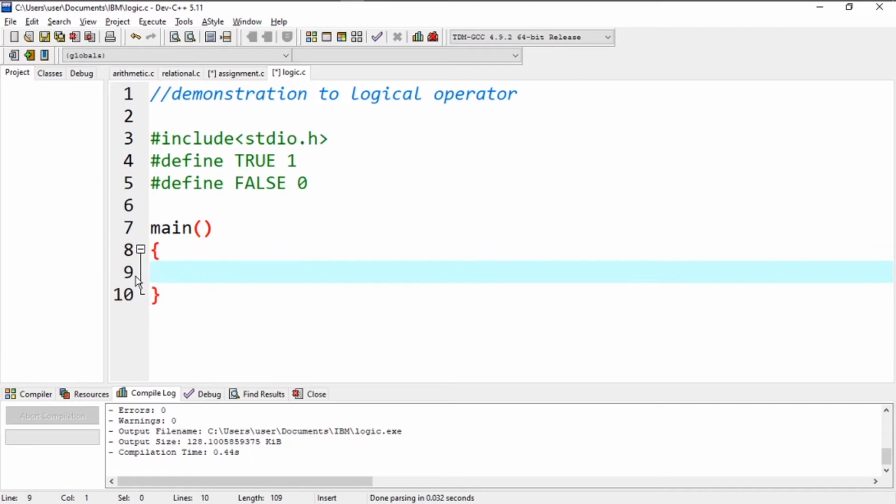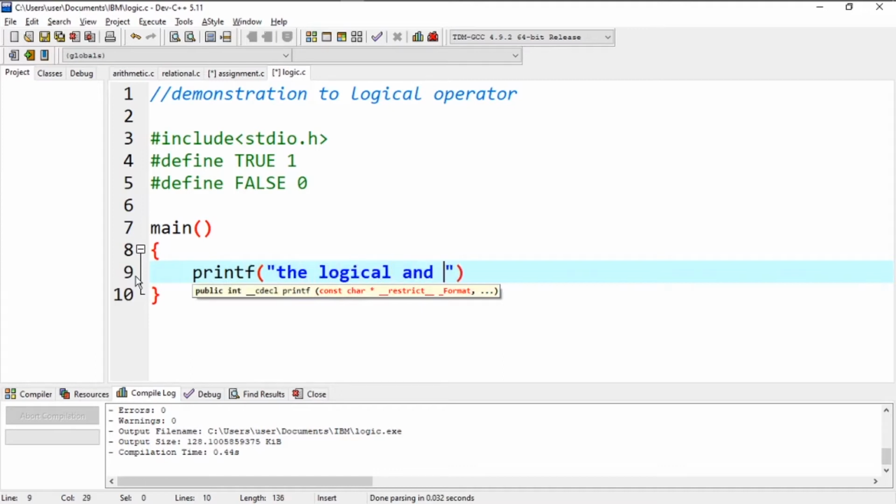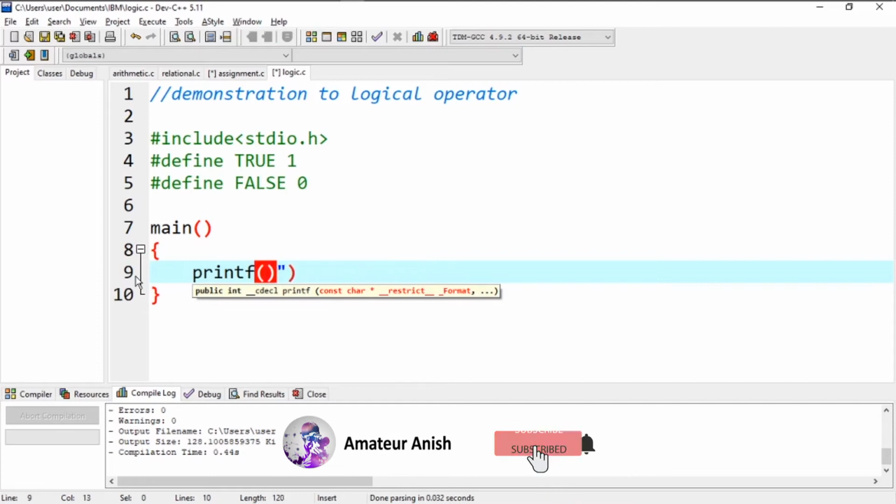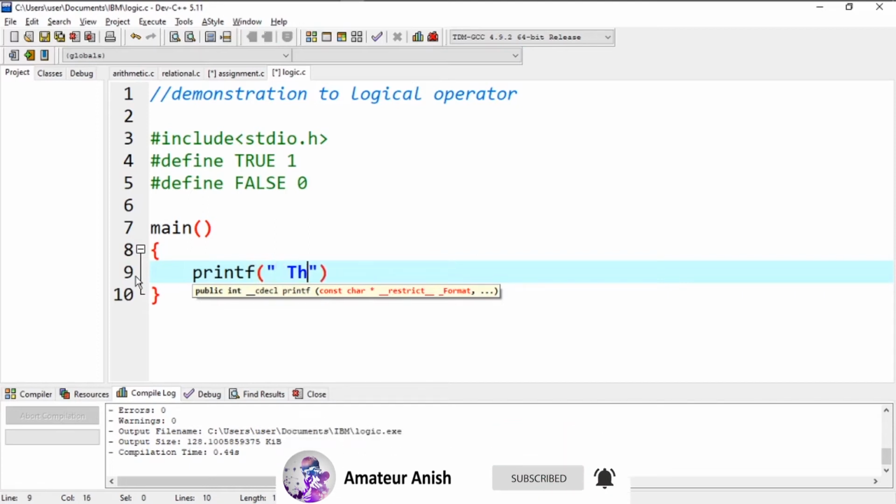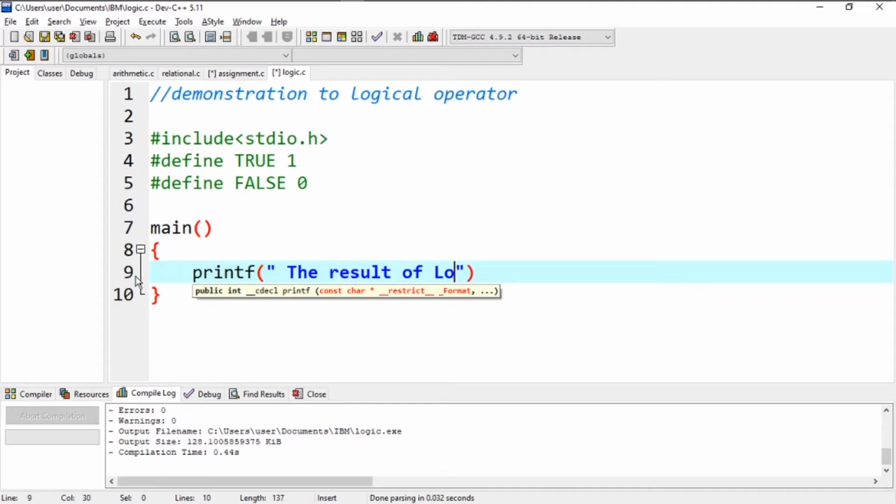So let's write a print statement over here, printf, and let's see what logical AND does. Here we have the logical AND. Let's clear all this and let's write the result of logical AND between two true values is %d.